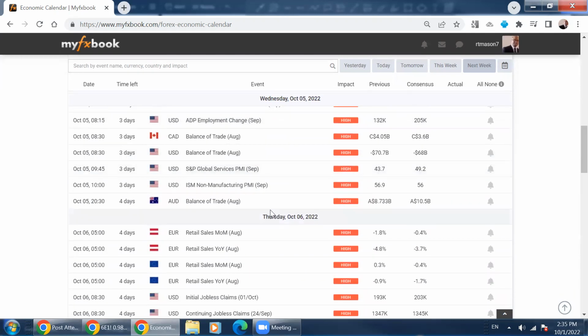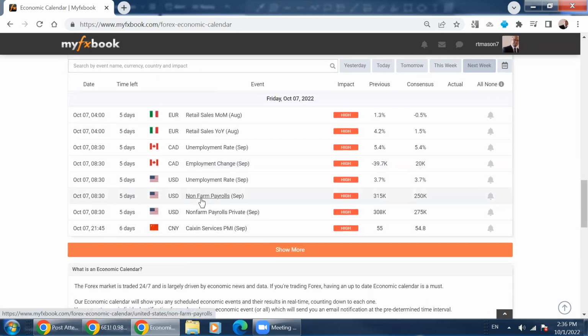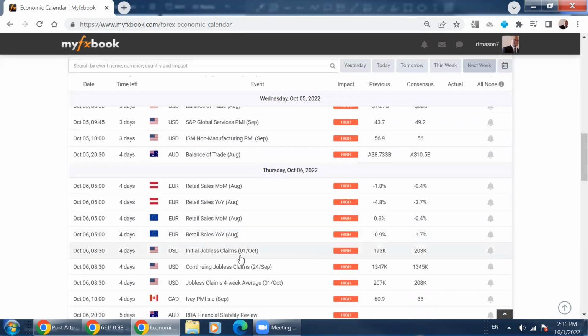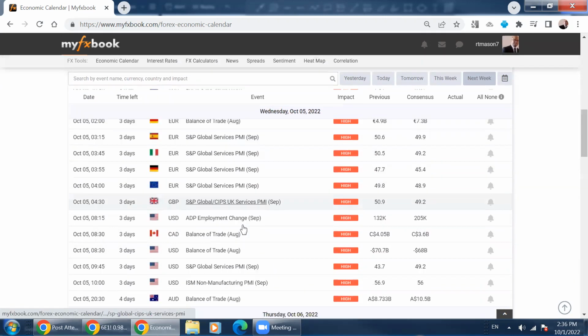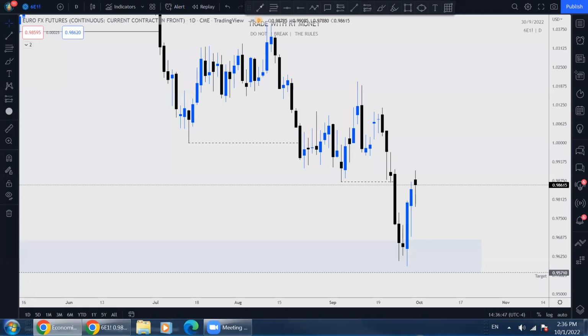And then on Wednesday, trust me, it might not be listed as high impact on my FX book, but there is a New Zealand dollar interest rate decision coming on Wednesday. All right, so keep your eye out for that and be careful. NFP is coming Friday, right? You've got your jobless claims on Thursday for the US dollar, and ADP numbers coming up on October 5th on Wednesday as well. All right, those are things you want to be careful of.